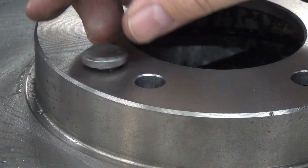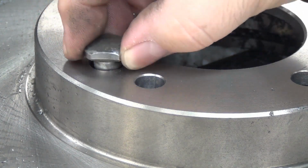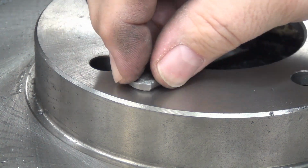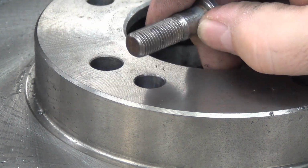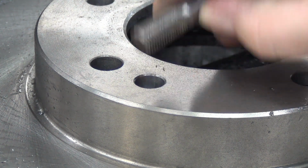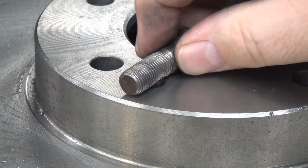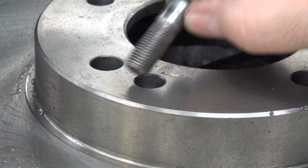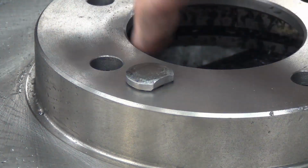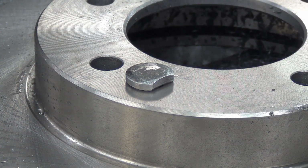This is the reason I put new holes in. This is basically the same stud that would be in here. You can see how loose that is. When I machine the holes, look at that. About that much sticks up above the hub, and so I make that hole to where it registers to that boss, because the threads are smaller than that shoulder there. So that keeps them nice and aligned,